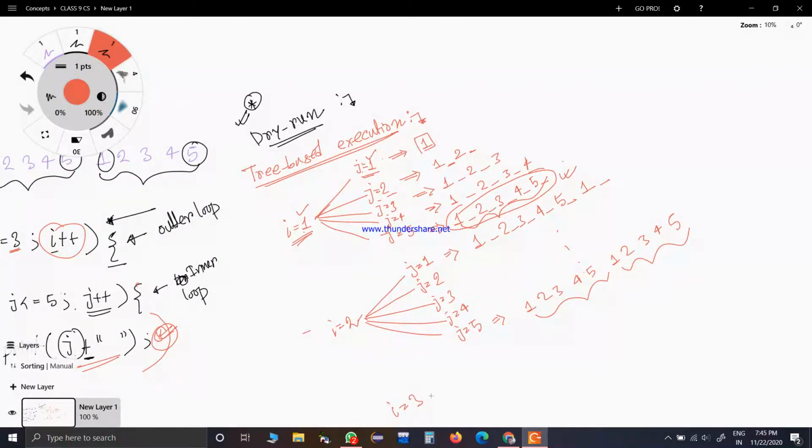Similarly for I equal to 3, we will have j equal to 1, j equal to 2, up to j equal to 5. At the end of j equal to 5, we will have 3 repetitions of the pattern. So that is our end goal, and we have completed the program that way.